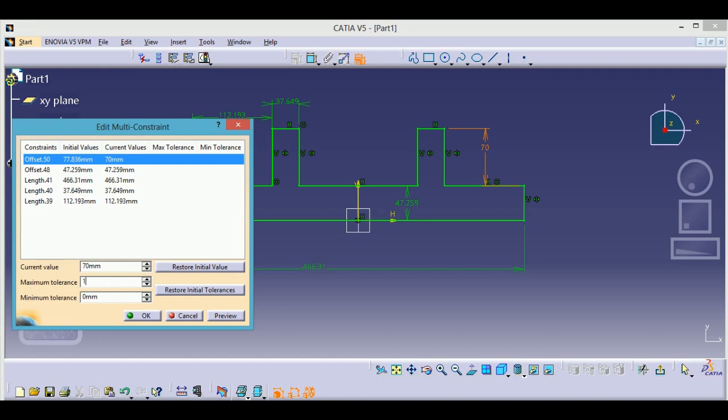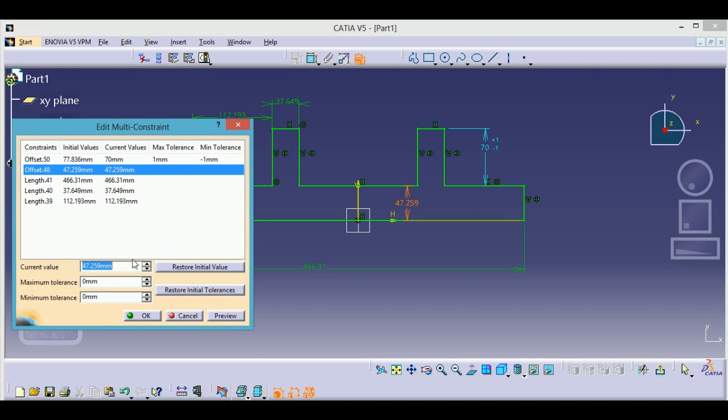I'm just placing maximum +1 and minimum -1. Okay, that's it. This is placed like this. Second one just 40 mm. Okay, again +1 and -1.